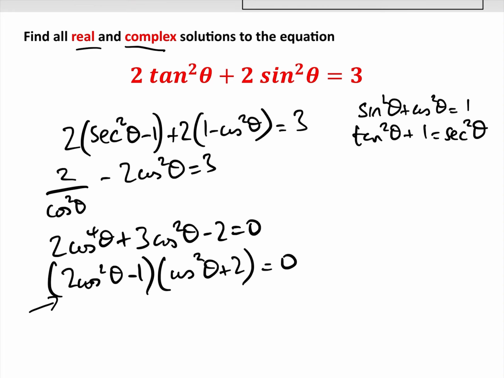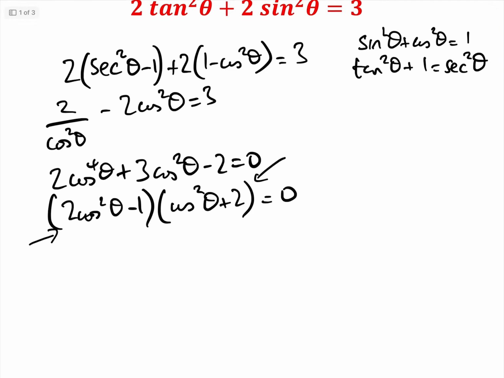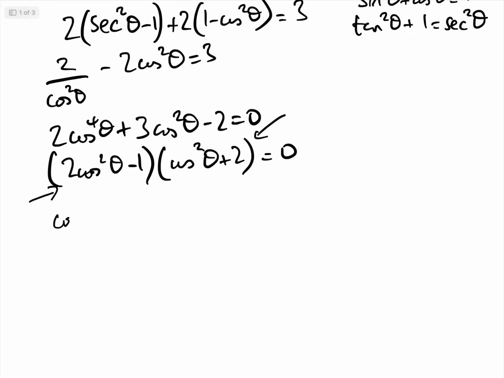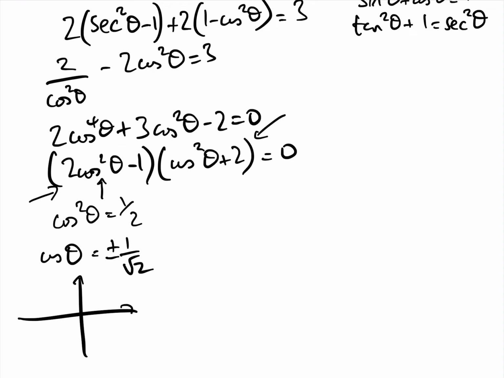Okay, and here we're going to get the real solutions, and here we're going to get the much more complicated complex solutions. So let's do the real solutions first, i.e. cos squared theta equals a half. That comes from here, so therefore cos theta equals plus or minus 1 over root 2, using our all stations to crew. As cos theta can be plus or minus 1 over root 2, then it takes all of these values,